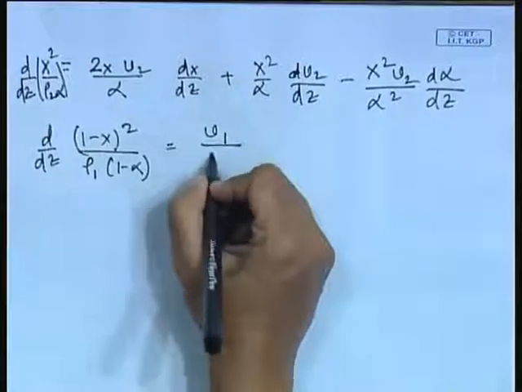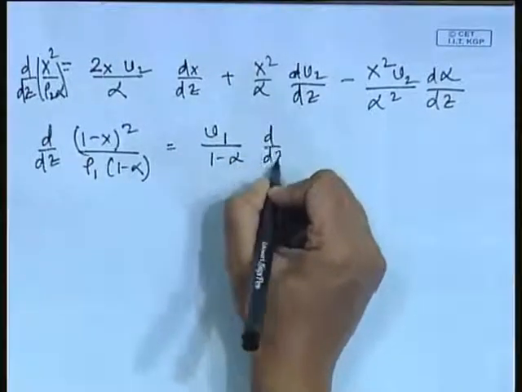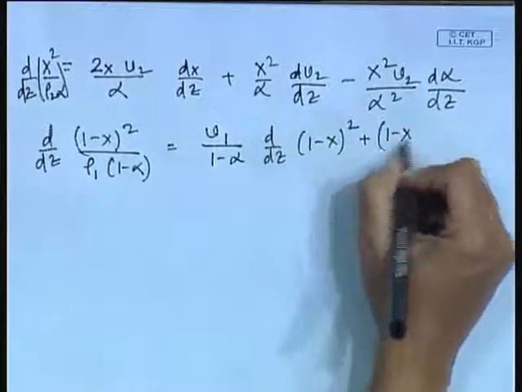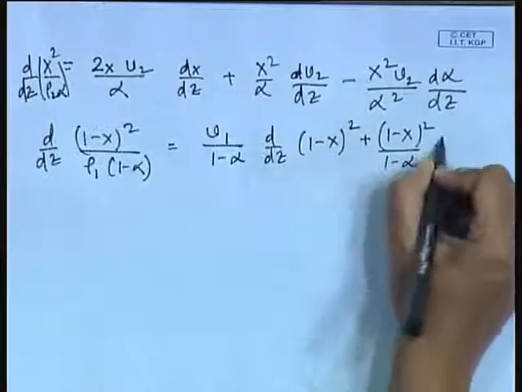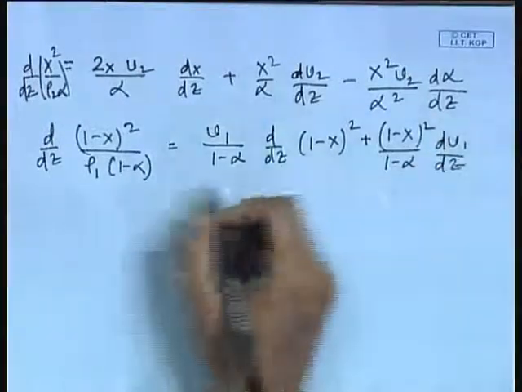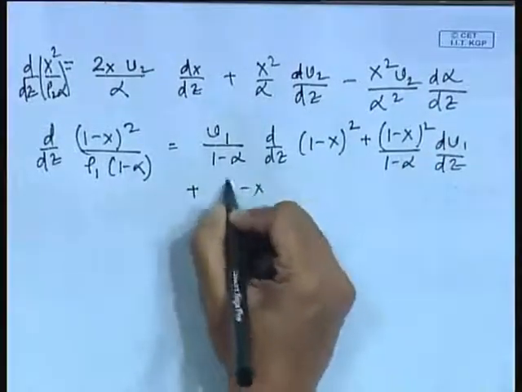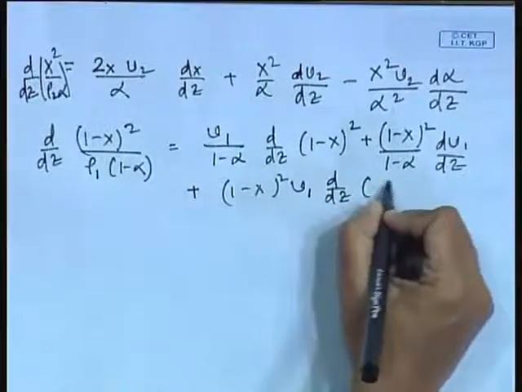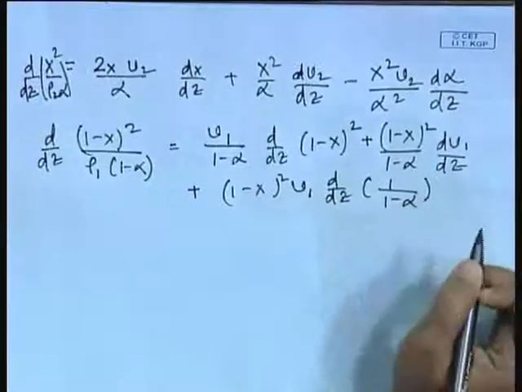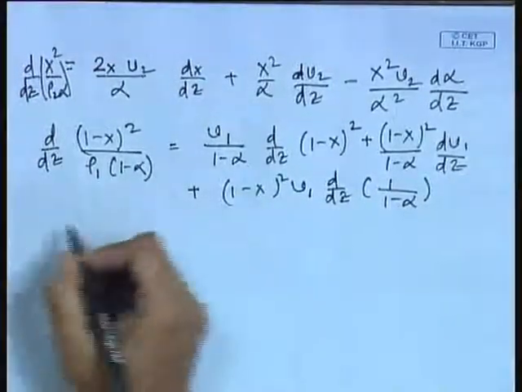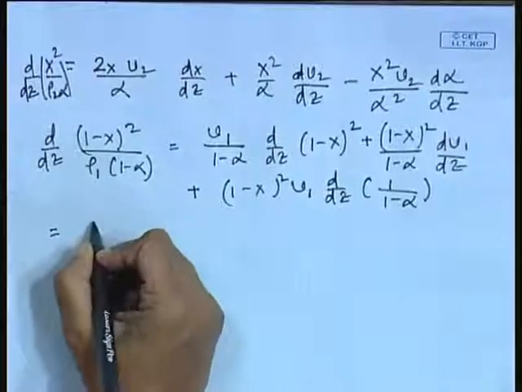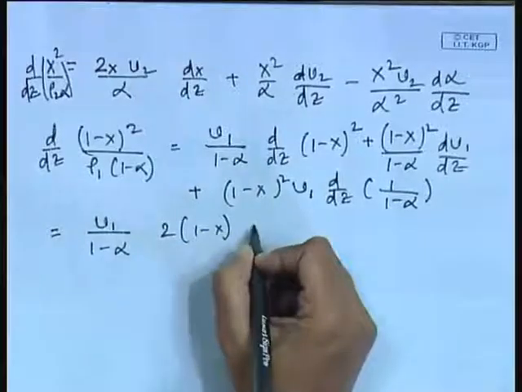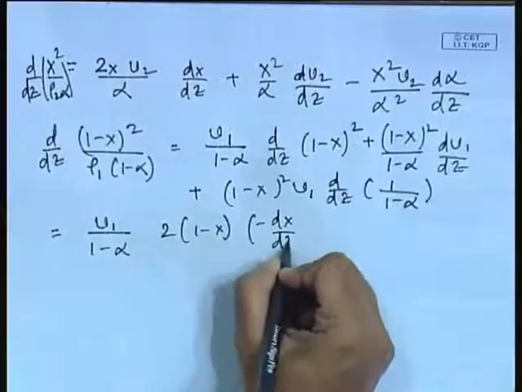We get v1 by 1 minus alpha. Same way, let us proceed so that you can understand it, or you can do the derivations yourself. d v1 dz plus 1 minus x whole square v1 d dz of 1 by 1 minus alpha. So, if this is done, this gives you v1 by 1 minus alpha square into 2 into 1 minus x minus dx dz, isn't it,